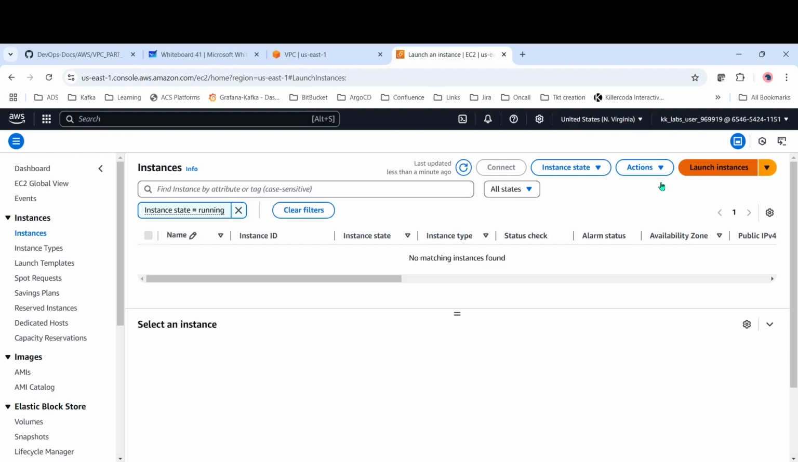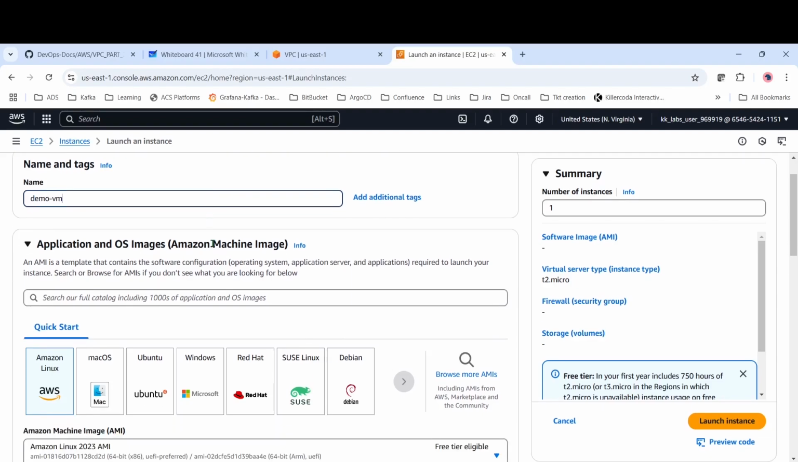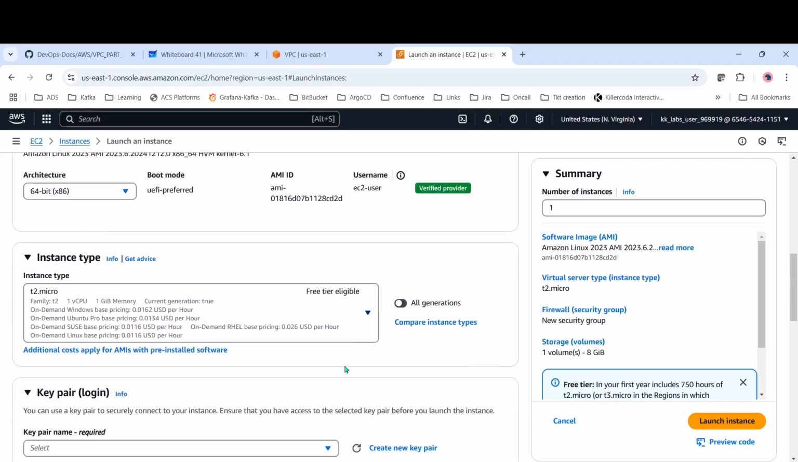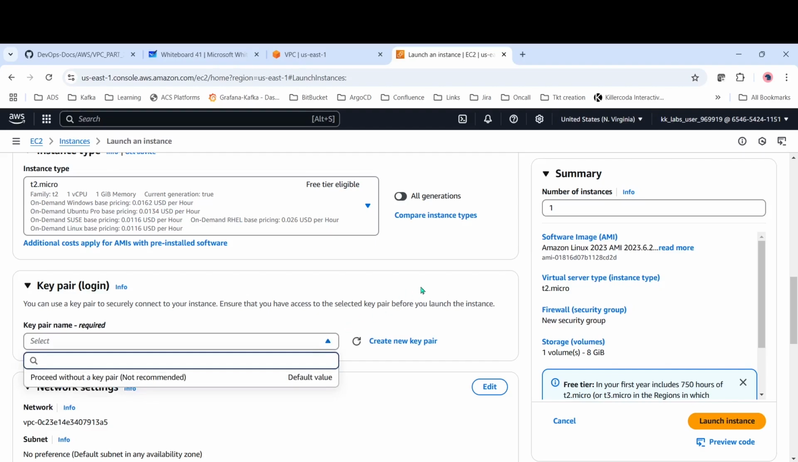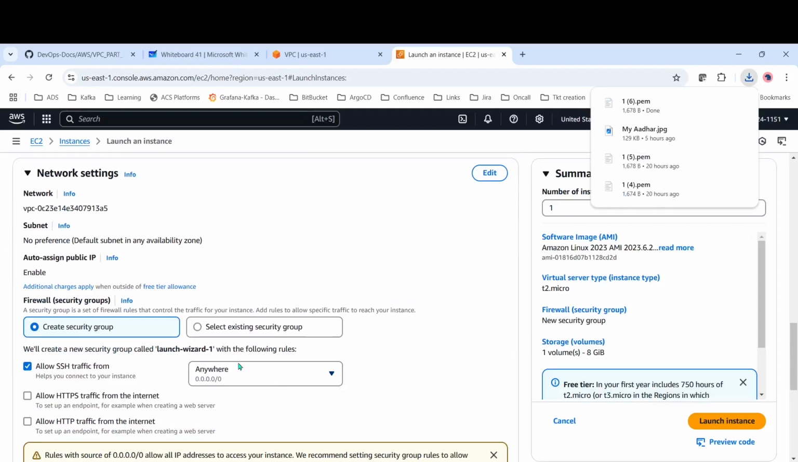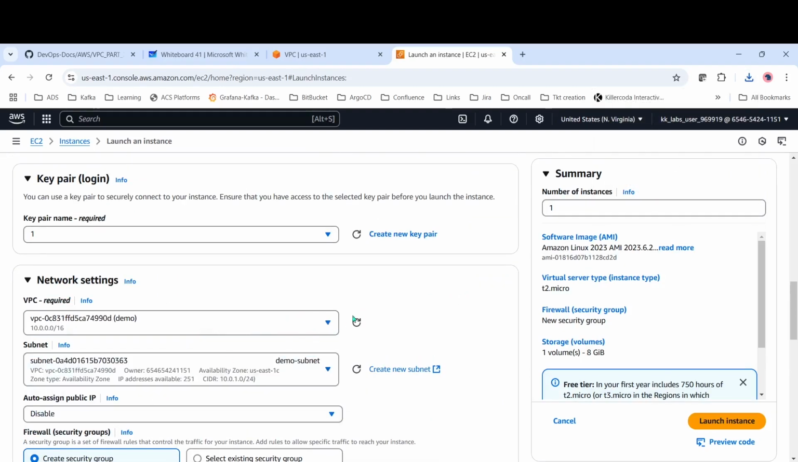Okay, launch instance. I will give the name as demo VM, Amazon Linux, and then T2 micro. Okay, I don't have a key pair, so I will just create a key pair. I will just give the name as one. Create key pair. Okay, and then in network settings, I will just select the demo VPC which we created, and